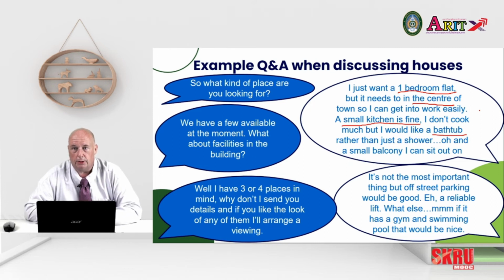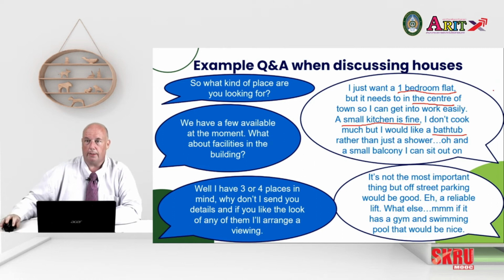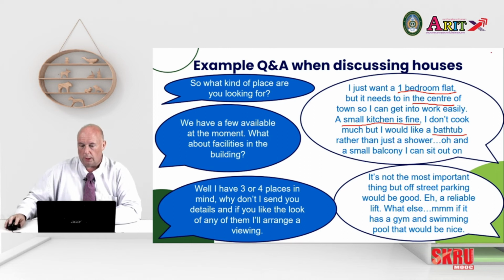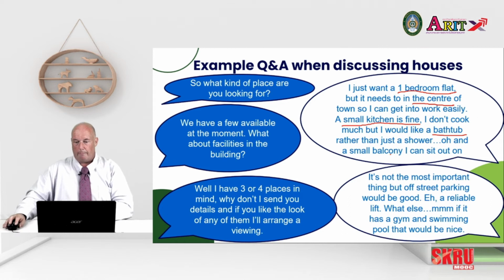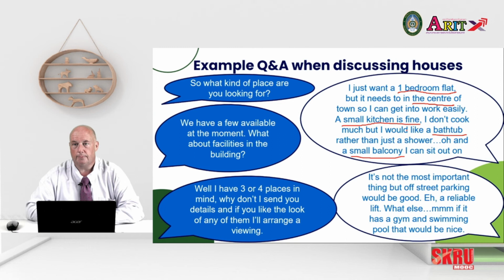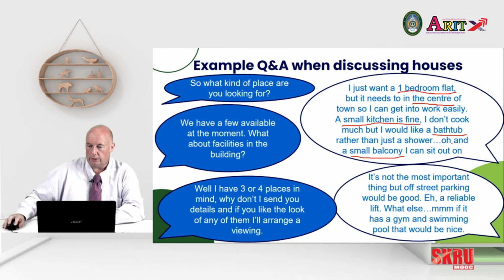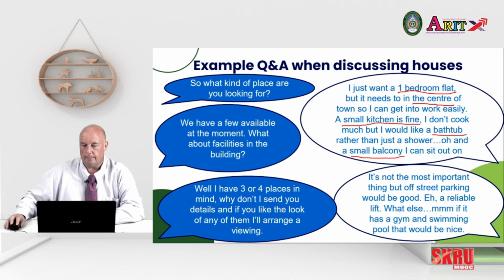So in this case, this person wants one. Relaxing in a bath can be a good option. So a bathtub rather than just a shower. And he would also like to have a small balcony. Balcony is similar to the veranda. This is a flat area outside of the property, usually on the side of the building, where you can go outside in the open air and in a nice evening sit out. So he wants to sit out on the balcony.